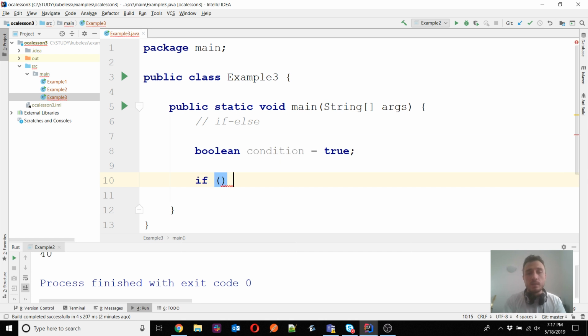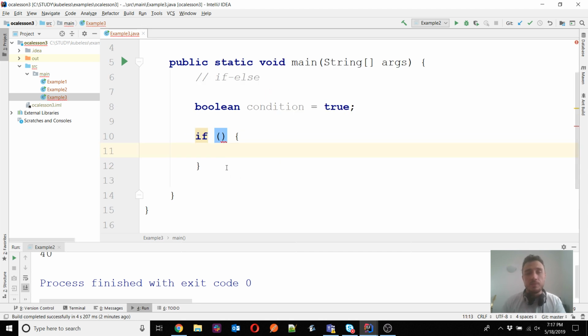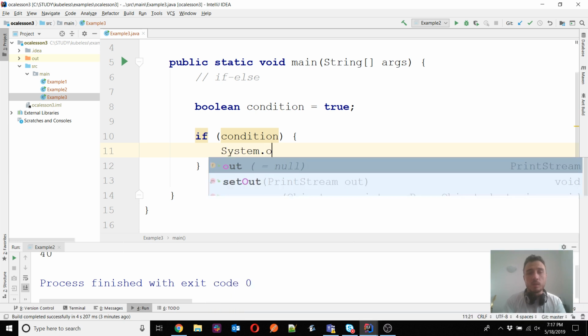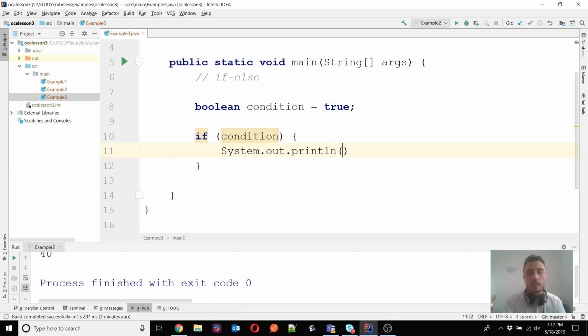So how is this if-else written? Let's start with the if clause that is declared by using the keyword if, and then we have the parentheses in which we always have a boolean type condition, and then we have a block of instructions that is guarded by these curly braces. And let's assume that in this case I will only print a line in the console,